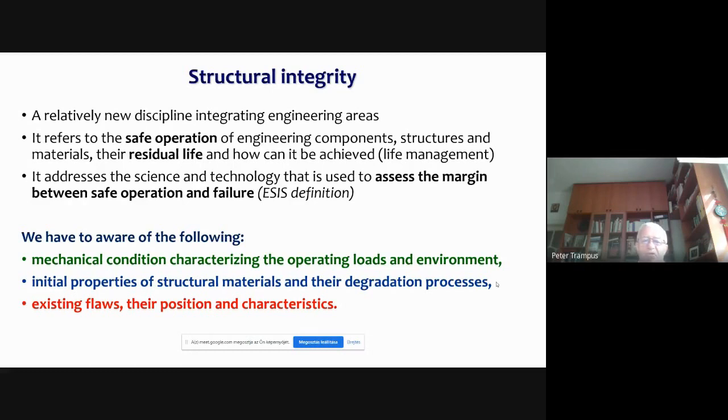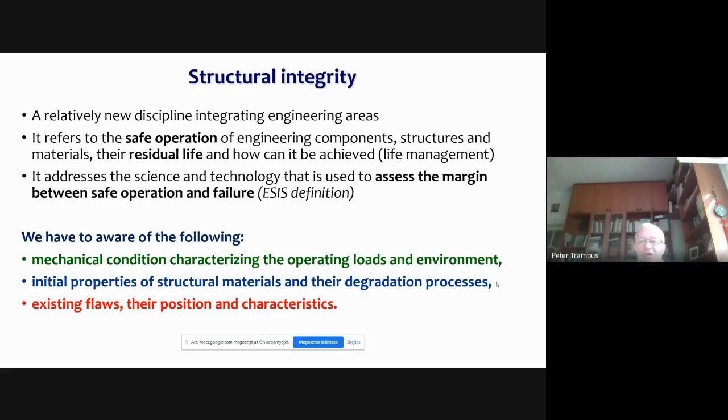It basically refers to the safe operation of the engineering component structures and materials, refers to the residual life and how it can be achieved, which has a strong association with the life management aspects. The ASTM has a definition which is absolutely correct. Structural integrity, according to this definition, addresses the science and technology that is used to assess the margin between the safe operation and the failure.